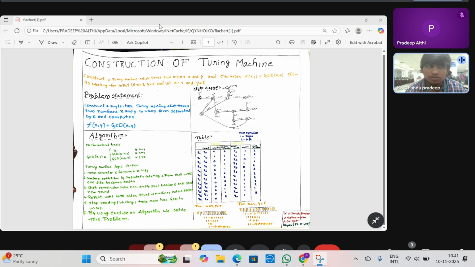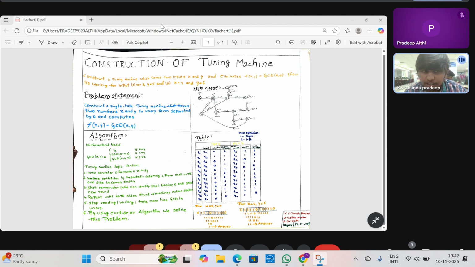Now let's see how the Turing machine performs its logic on the tape. The machine starts scanning both numbers from the left, and it removes one from each side repeatedly. That simulates subtraction. When one side becomes empty, the remaining ones represent the difference. When the machine shifts that remainder next to the separator zero, it starts the next subtraction round. This process repeats until both sides become equal, and when equality is reached, the machine enters state 11, the halting